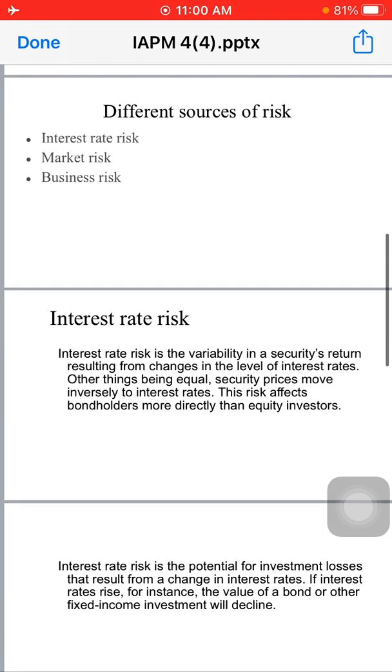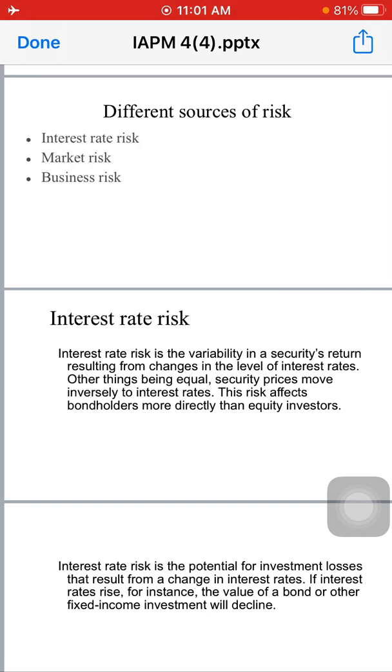Interest rate risk is the risk that arises whenever an investor invests his capital in debt securities like bonds and debentures, for which he gets a return, which is interest. Shareholders, as we all know, get dividends for their investment in shares, whereas bond and debenture holders get interest in return for the investment they have made. Let's take an example.